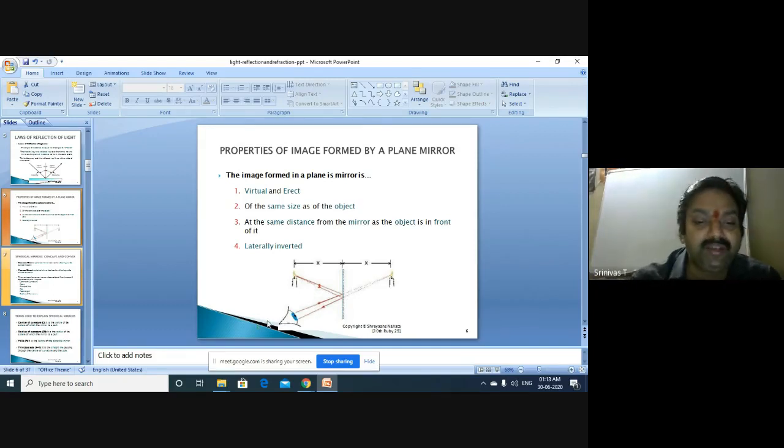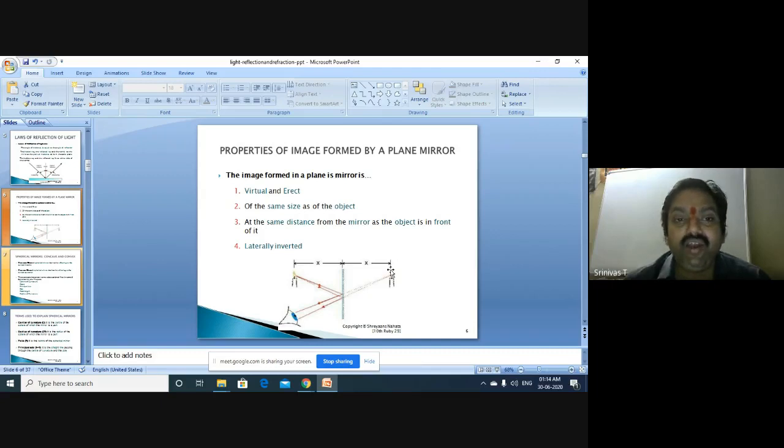But if you look from this part, in this direction, as I have mentioned over here, the light rays appear to come from a particular point like this. So in this case, the image is virtual and erect, because in the case of a plane mirror it's virtual and erect. It's not at all inverted, it is only erect. If you look from this direction, the light rays seem to come from a particular point from here, where the candle's image is formed. So it's virtual and erect, and of the same size as the object.